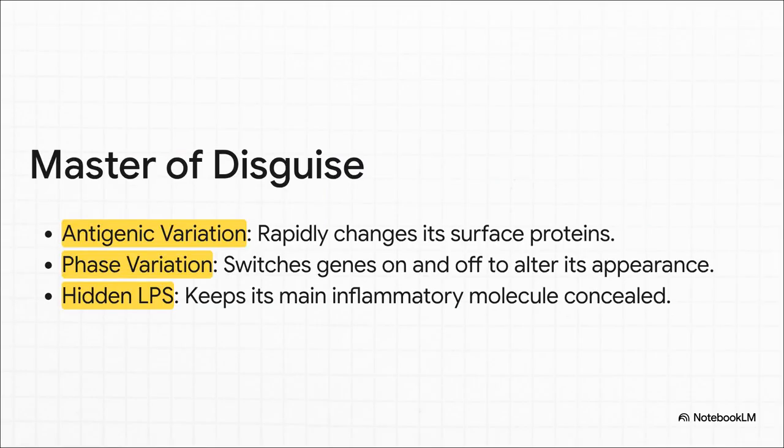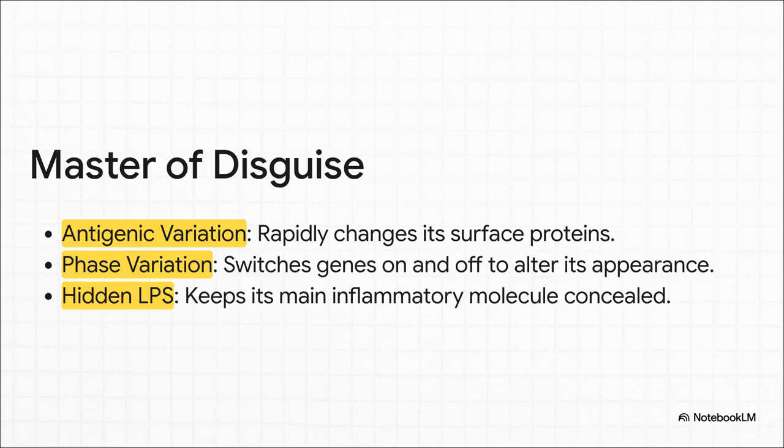Syphilis isn't just an imitator, it's a master of evasion. It uses something called antigenic variation, constantly changing its surface proteins, like TPRK, so our antibodies can never get a good lock on it. It also uses phase variation, which is basically flicking its genes on and off to change its appearance. And maybe one of its cleverest tricks, it hides its lipopolysaccharide, or LPS. That molecule would normally scream invader and trigger a massive immune response, but syphilis keeps it tucked away where our